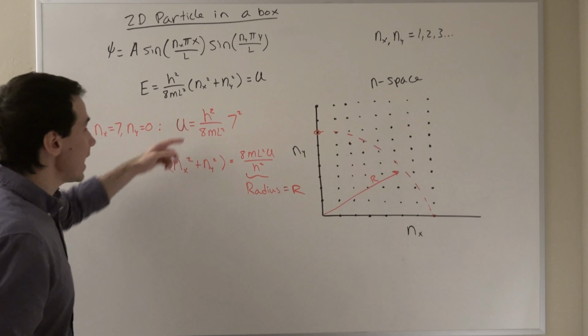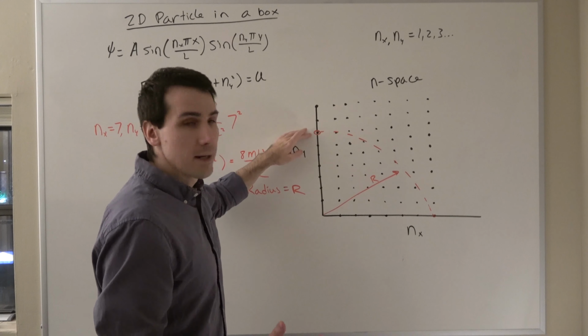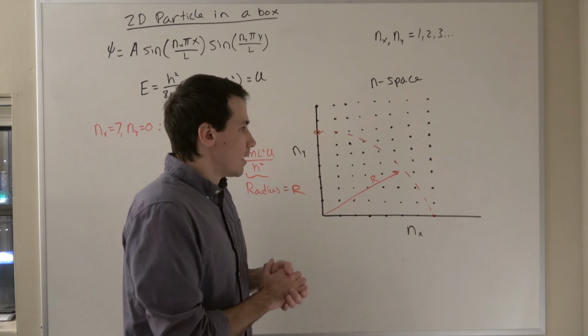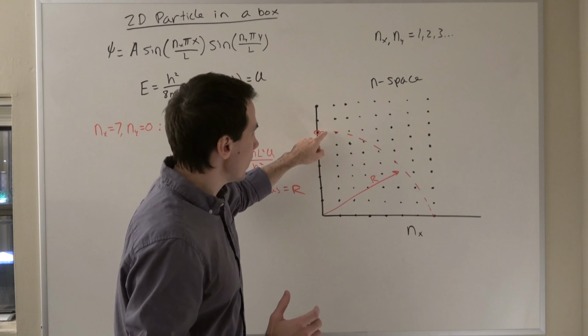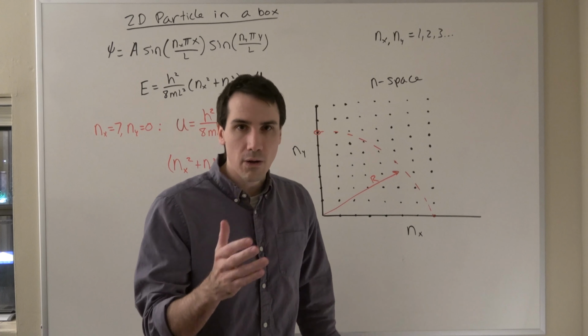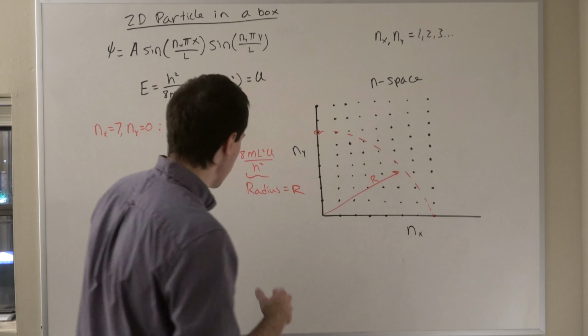Because then, again, nx squared plus ny squared equals 7 squared. That is the exact same energy level. Now, what I would like to argue is that every point that lies along this dotted line here also has exactly the same energy. Okay, so